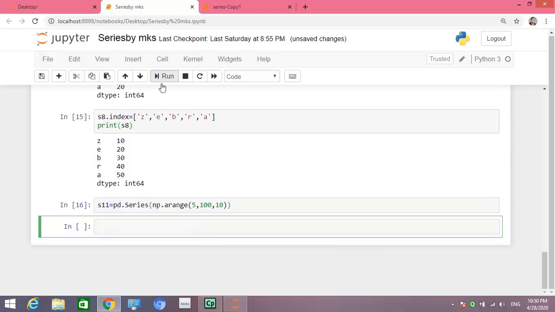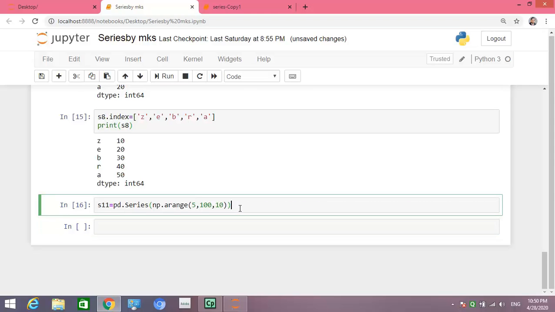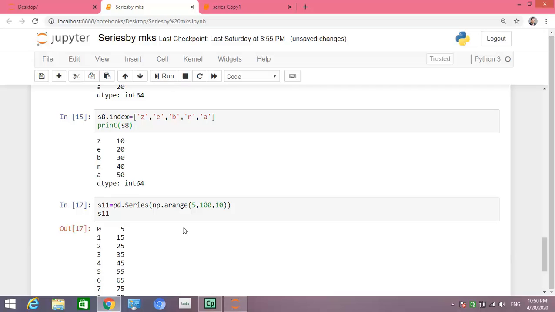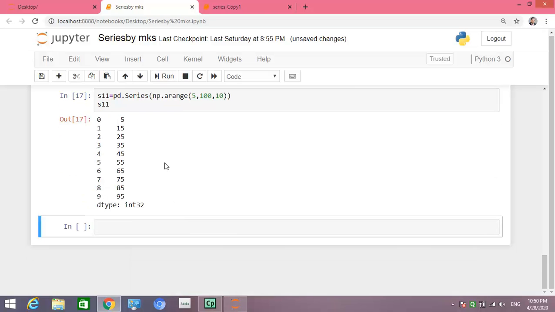So what will it give? We have to display it by typing S11 and run it. So how many values have you got? 10 values, 5 to 95.